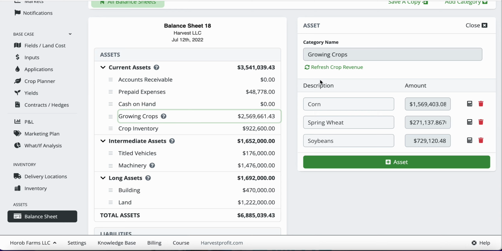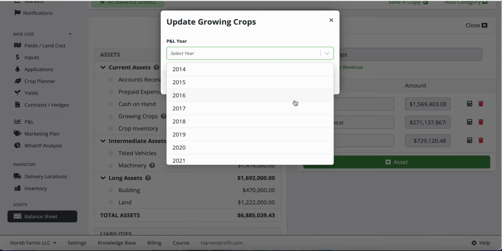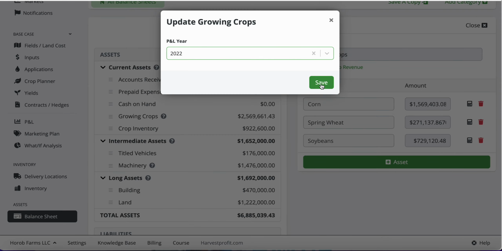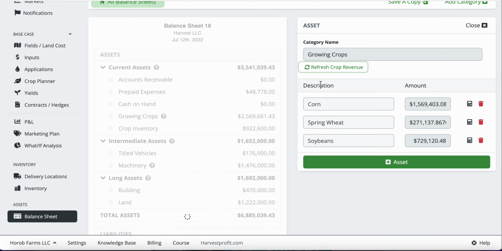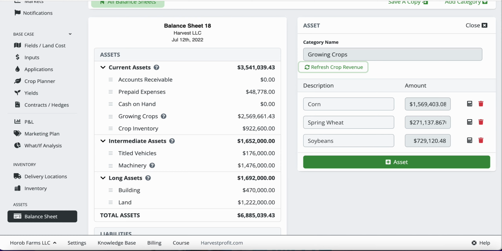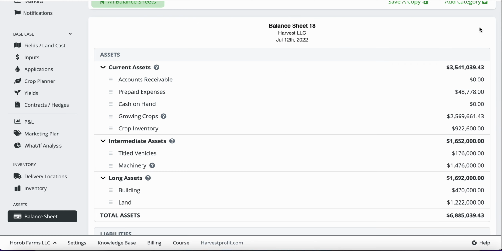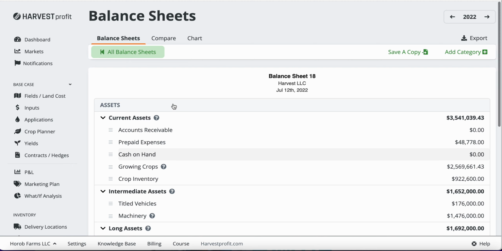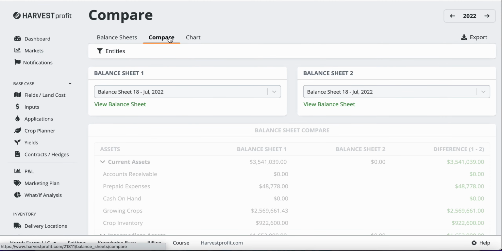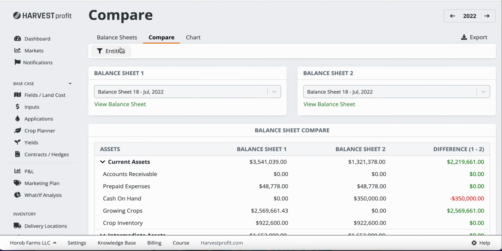And so I can come in here on a daily basis, or whenever I want, weekly, monthly, and just update: okay, where is the value of my growing crop today? Where's my current working capital? And use that to make better decisions. You can also compare balance sheets over time. So let's say